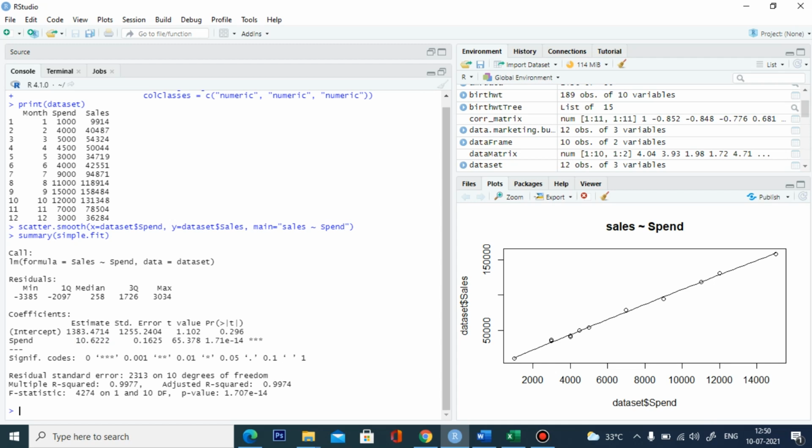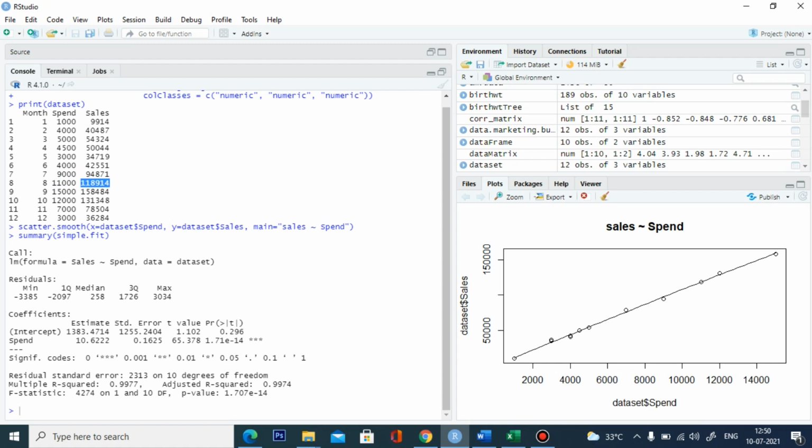If your spend value is increasing 1 time, then your sales is going to increase 10 times. So that will be shown here. There is a change in your spend, and it is reflected in your sales. The spend in 1 time will reflect 10 times of your sales. That can be easily identified from this. Here there is 9,000, then the sales is going to be 10 times, 94,000. Here where spend is 11,000, it's going to be multiplied 10 times, nothing but 1,18,000.